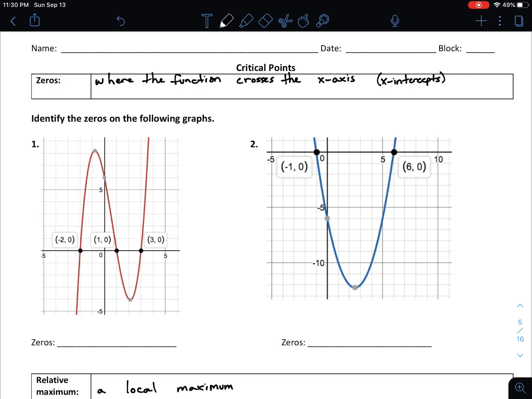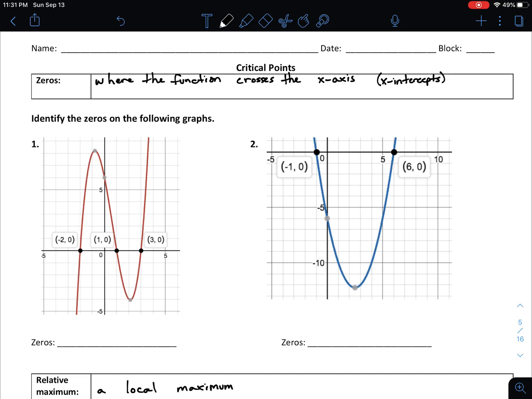All right, in this third video of our first unit, we're going to be talking about critical points. We've already seen some critical points in the forms of local maximums and minimums. We're going to be adding two more points to our list of critical points, which are going to be the x and y intercepts. Another word for x-intercepts is the zeros of the graph. So when we talk about zeros of the graph, we're talking about where the function crosses the x-axis, otherwise known